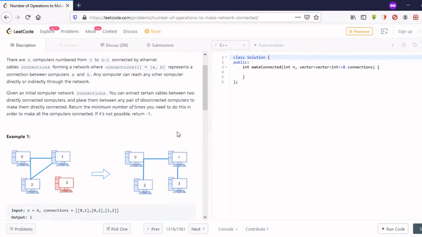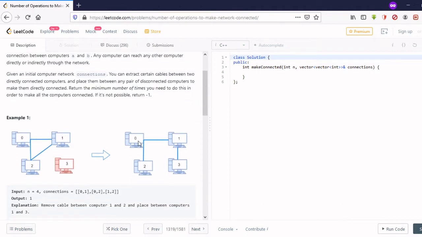So what are these steps? In one step, basically, we can take any edge and connect any of the two vertices from that edge. That means in this example, this edge is removed from here and then 1 and 3 are added from that edge. It is not necessary that the edge should be added to 1 as a vertex or 2 as a vertex. If there were some other component, name it 4, then we could also add this edge